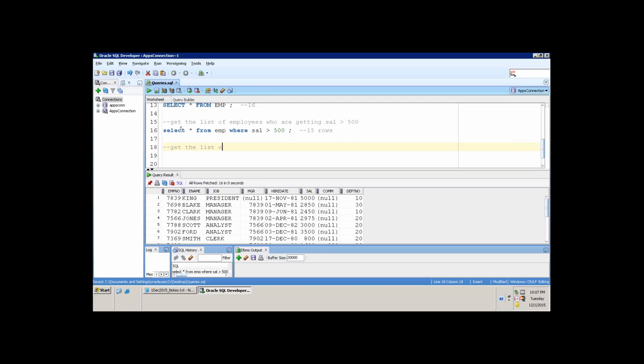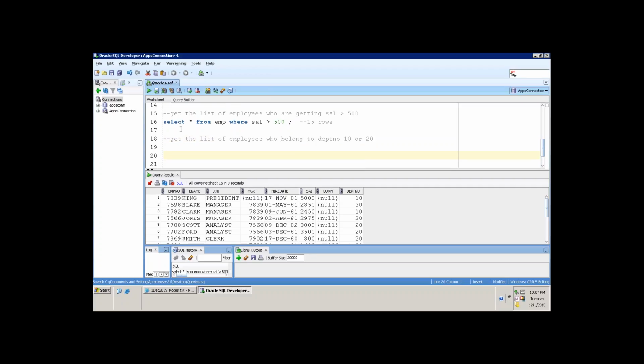get the list of employees who belong to department number 10 or 20. I want to get all those employees who belong to the department number either 20 or 10. So what do you think I have to write here? How to write the query for this? Select star from EMP where department number equal to 10